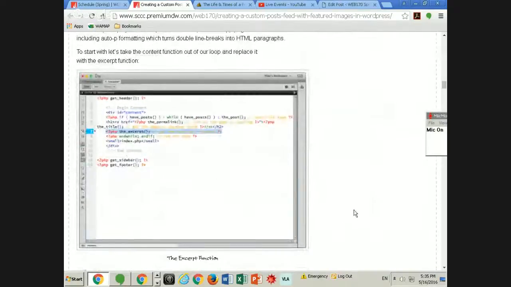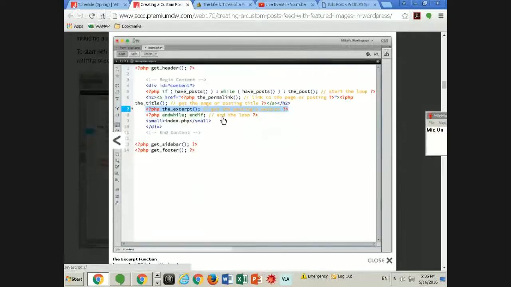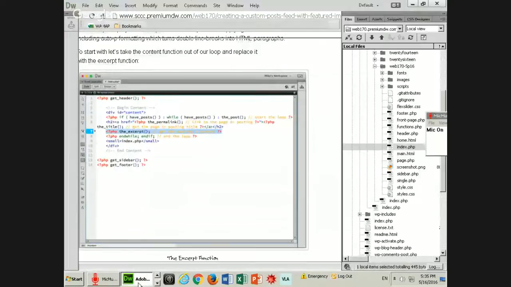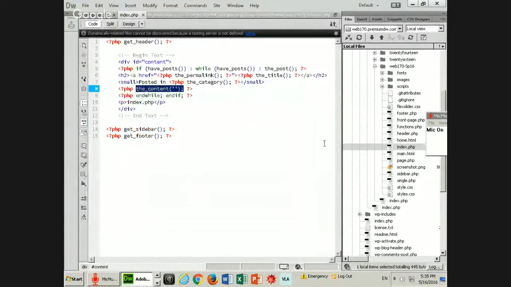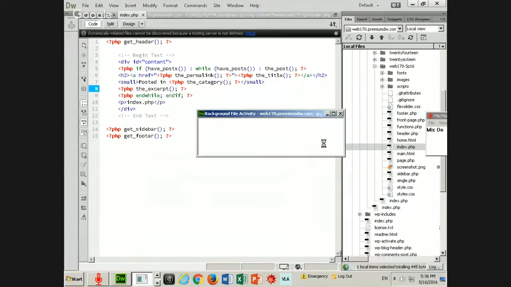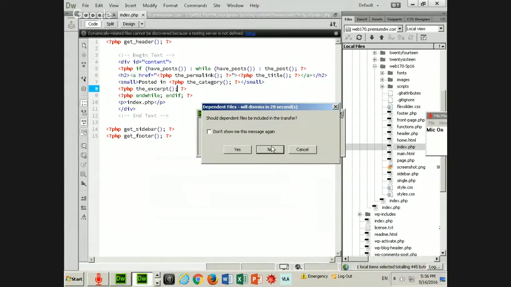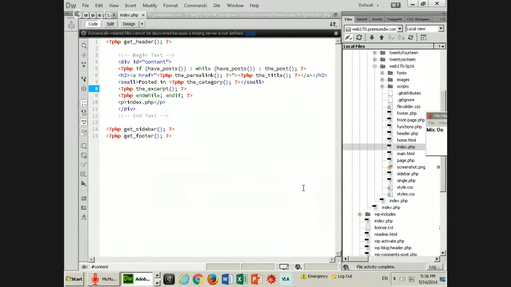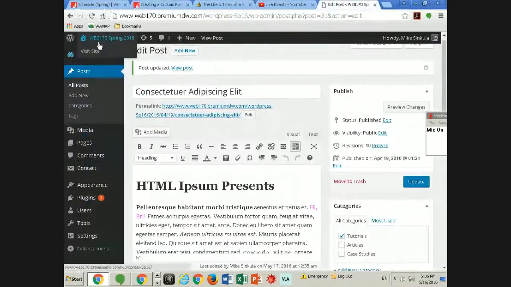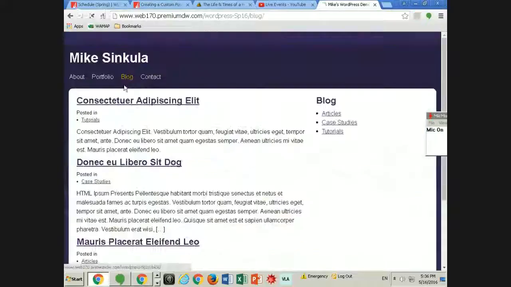So instead of then in our loop, right, where we have the content, if we replace that with the excerpt then, index.php, and we go to our blog now,